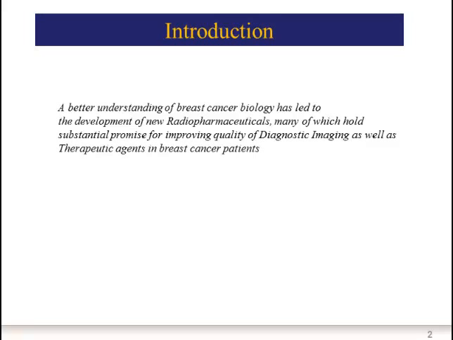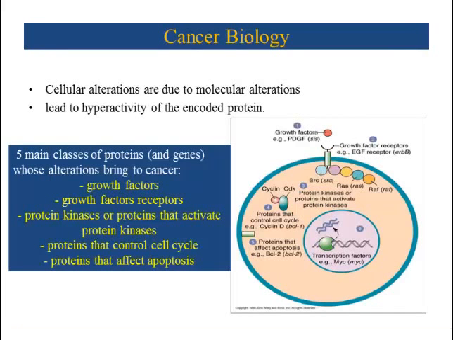Regarding breasts, to target any tissue, we need to study the biology of the cells. And the breast cells are very complex, and the biology is complicated. For example, cellular alterations are due to molecular alterations. There are too many proteins. They get altered and they get mutations, and they promote some genes like